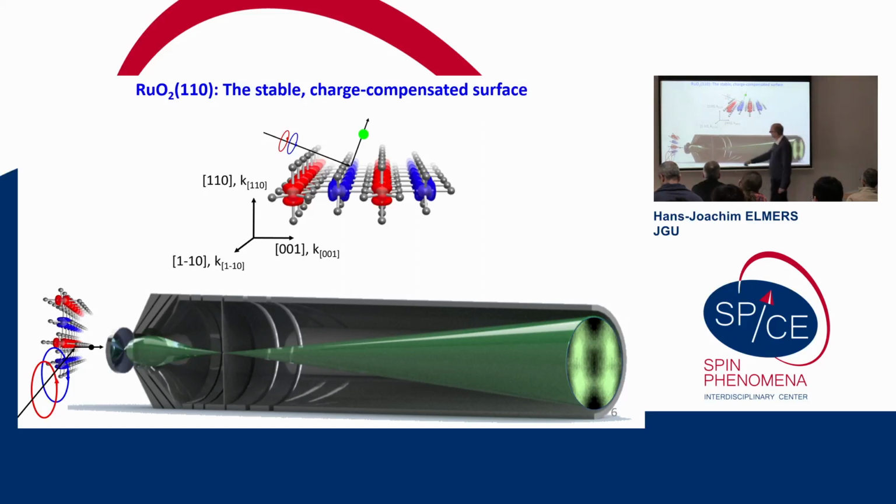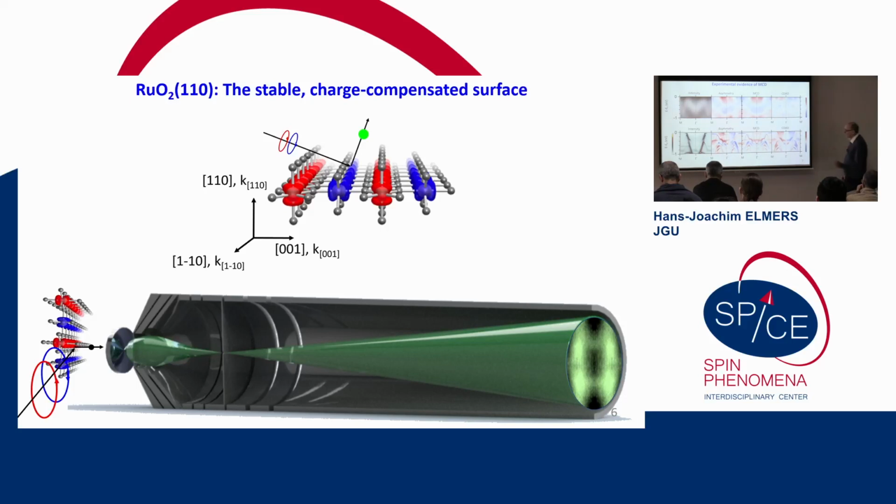So this looks like this here. In the experiment, we shine circularly polarized light on the sample. We detect the photo-emitted electrons with this instrument here. And then we have a two-dimensional detector here, which measures the parallel momentum of the excited photoelectrons. And it is time dependent, so we can also use this time-of-flight method to measure the energy of the excited photoelectrons.